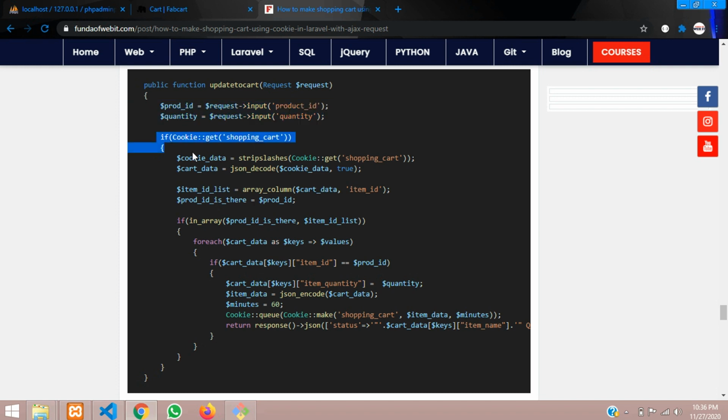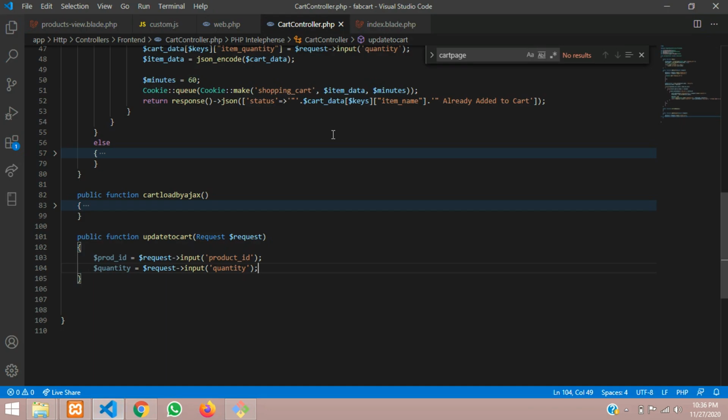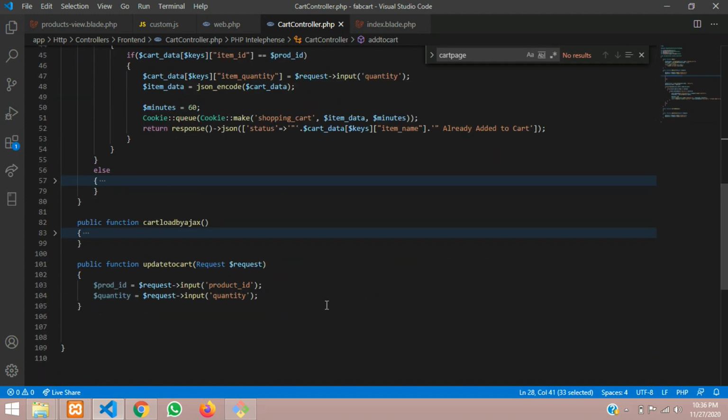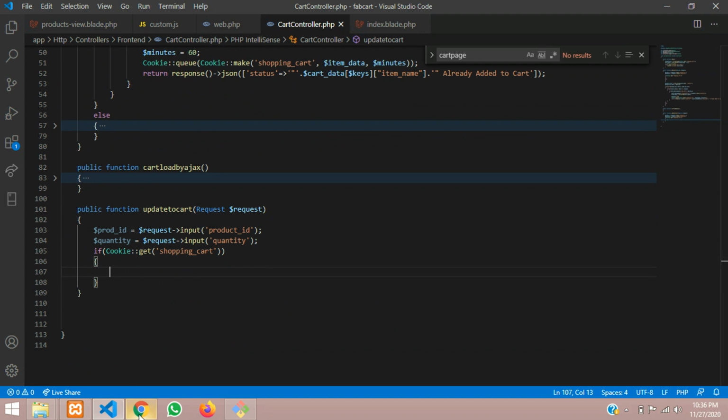Now let's check if the cookie of shopping cart is set, which I have already done over here itself. So let us copy this, if cookie of shopping cart is set, and then we will move on with it, right?